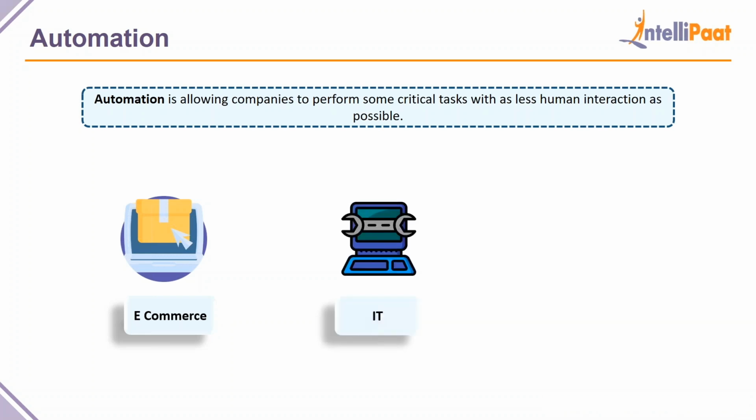And then there's information technology. So the IT departments of many companies have automated their infrastructure building. So they have written scripts, they have created files that could be read, and the infrastructure and scaling of the entire IT infrastructure could be taken care of by automation. So something like, if you have a website, or to give you an example, an e-commerce site, or you can take an example of any site such as a payment site, or